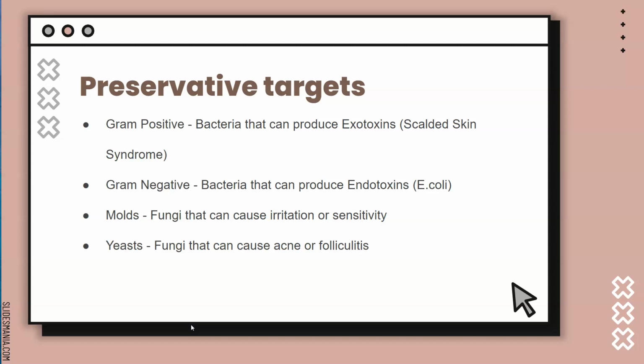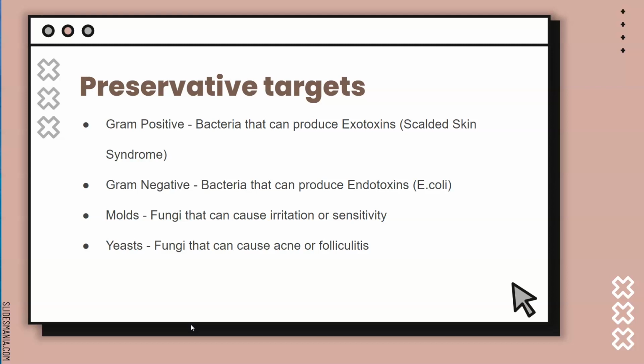Basically, these 4 are your targets for preservative. You want to lower the number of these 4 so that you can say that your emulsion is safe. Your gram-positive bacteria, these are your bacteria that can produce exotoxins, and these can range from